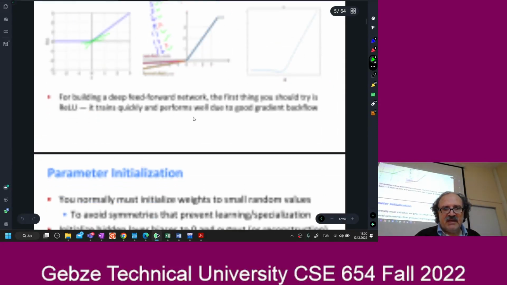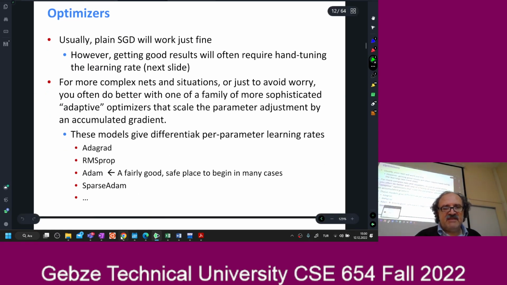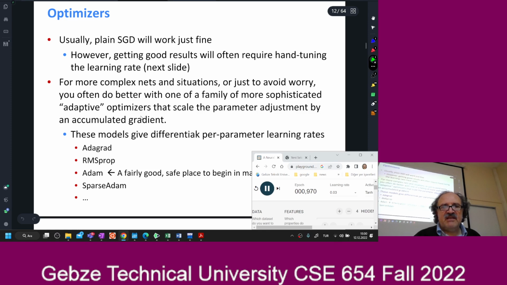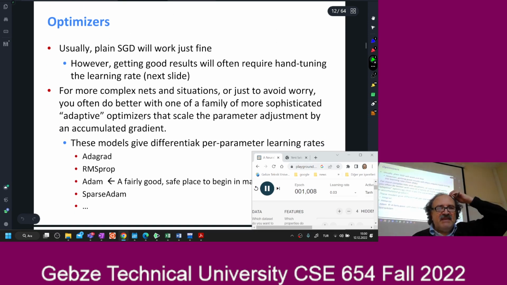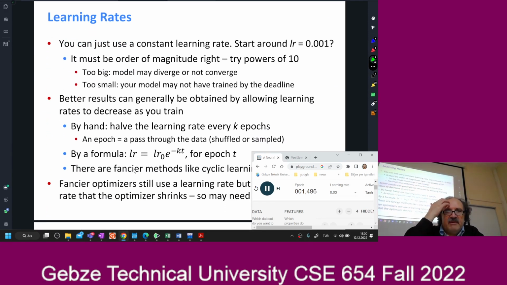Regularization, we talked about it. Nonlinearities, parameter initialization, we talked about it. Optimizers, as we said before, we are using the stochastic gradient descent, but it has different versions. Adaptive gradient descent, RMSprop, Adam, these are all variations of stochastic gradient descent. Adaptive gradient changes your learning rate depending on your progress. So our learning rate is not the same all the time, but I'm not going to go into the details of those. In this case, our learning rate is fixed,